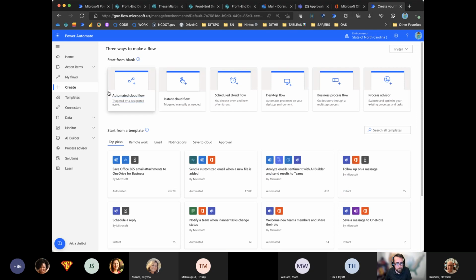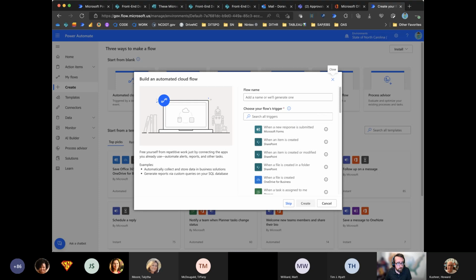Now, this is going to be an automated one. I'm going to call this one get email attachment. All right. So because we've picked an automated flow, this is the one that just runs silently in the background, doing its own thing. It doesn't matter what time it is. It's not like we're scheduling it. So we need to tell it what event, what trigger to run it on.